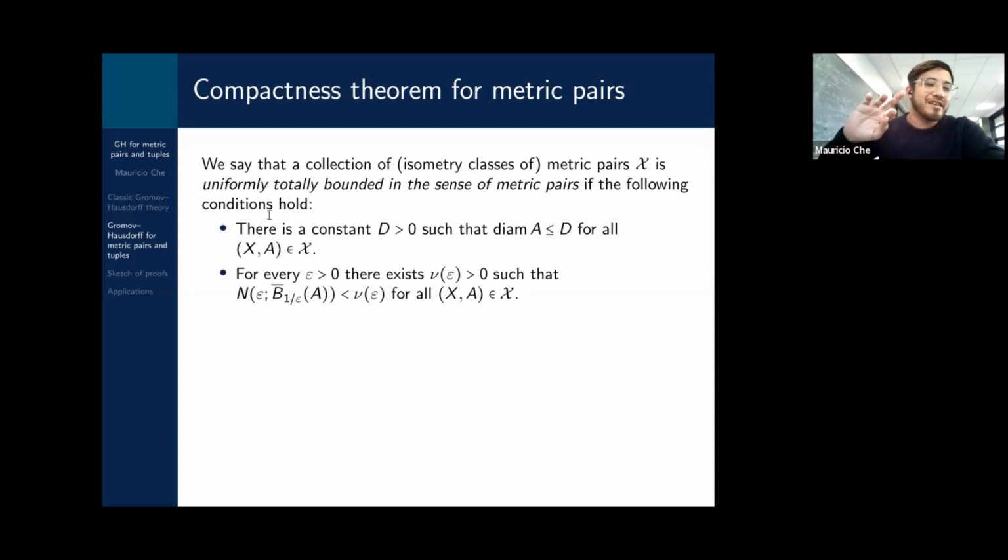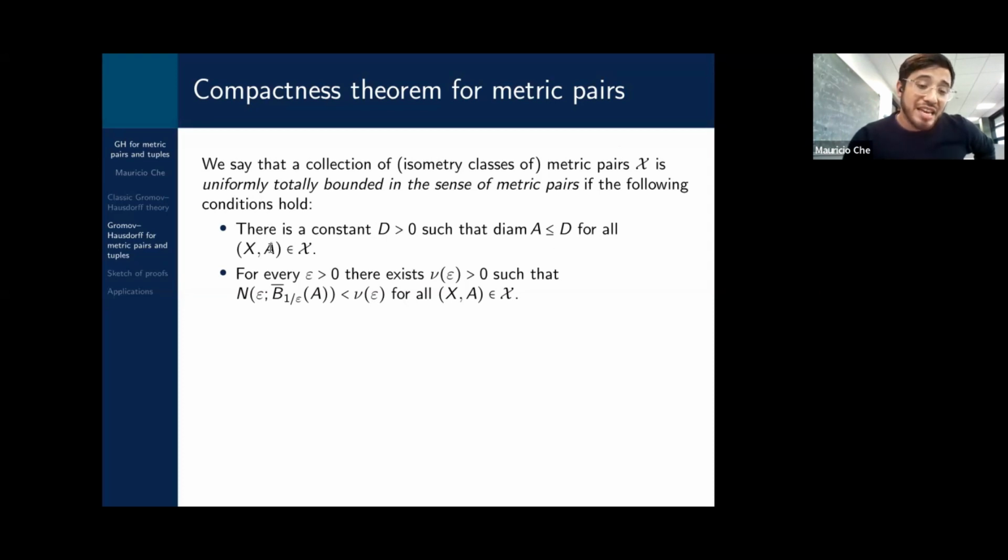And here we combine more or less the uniformly totally bounded notion in compact spaces and the uniformly totally bounded notion in pointed spaces. Here we say that a collection of such metric pairs has this property